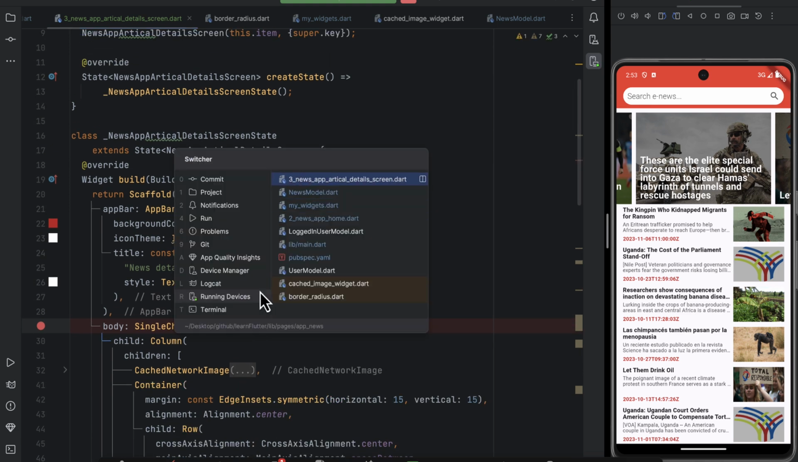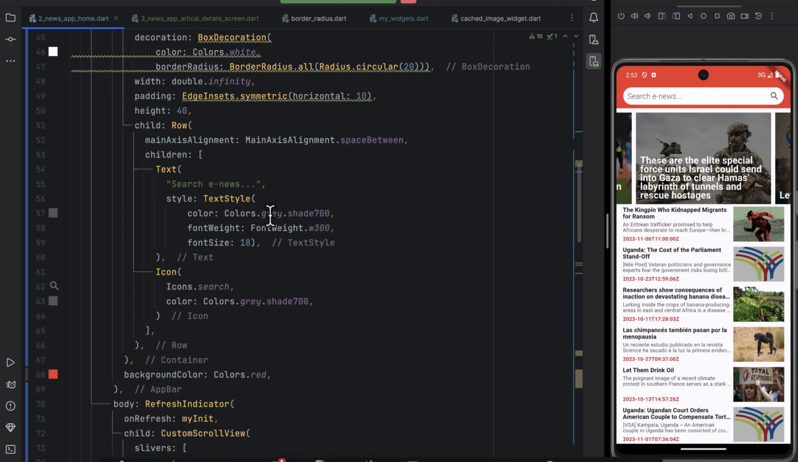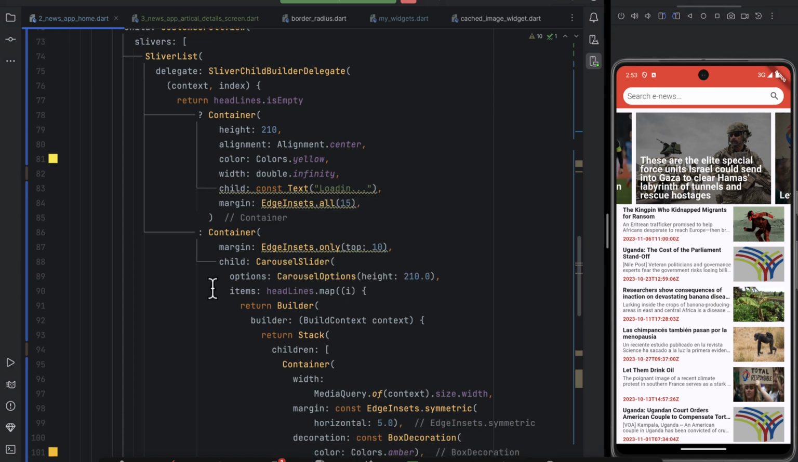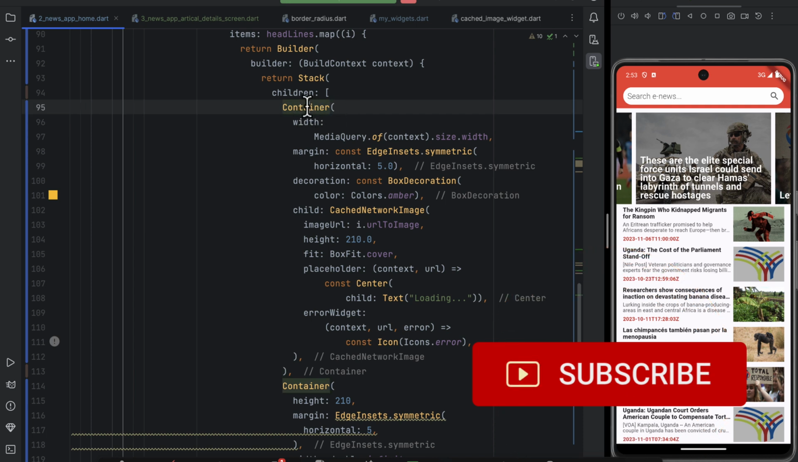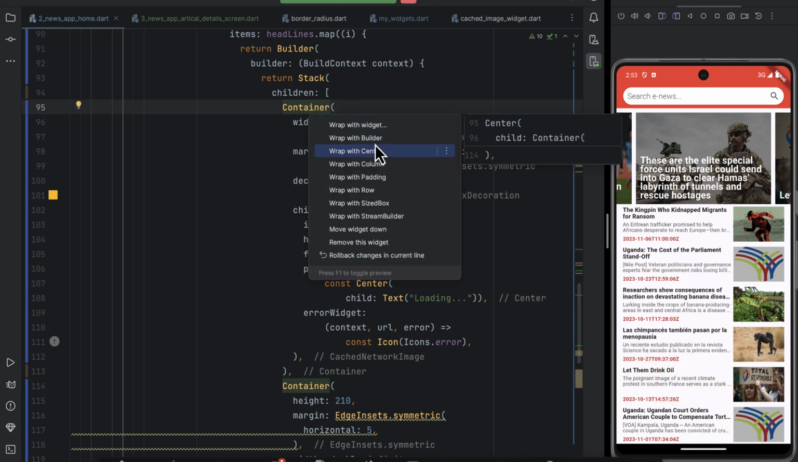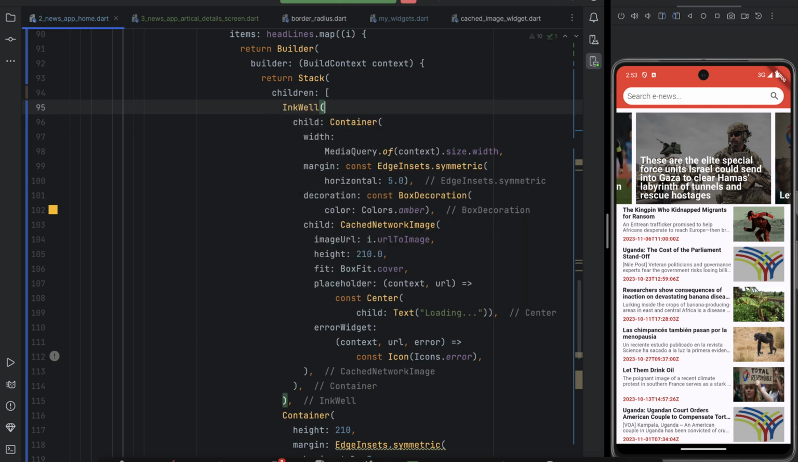To our home screen. Where is it? This is one. And then I come to the slider. Where are they? The slider is here. This carousel. I just come here to the single item. So I'm just going to surround this single item with some kind of container, and then change that container to Inkwell so it can be clickable, and then put on top